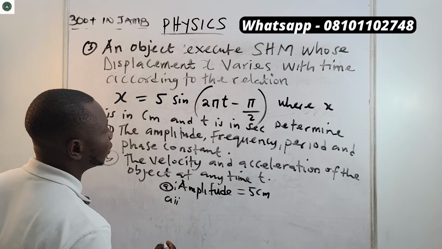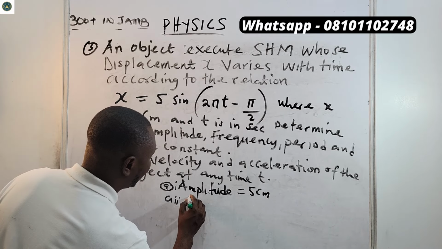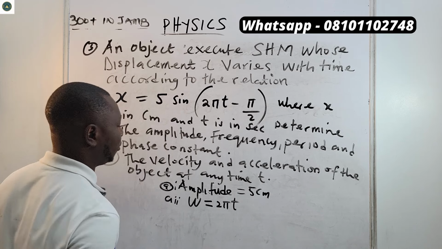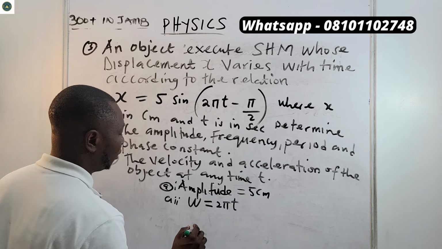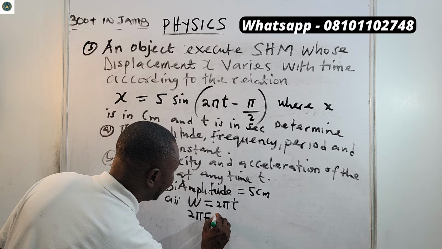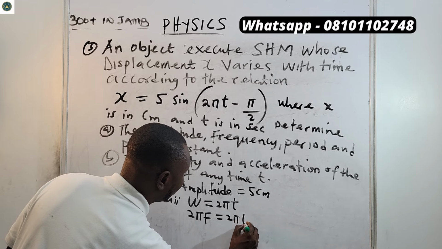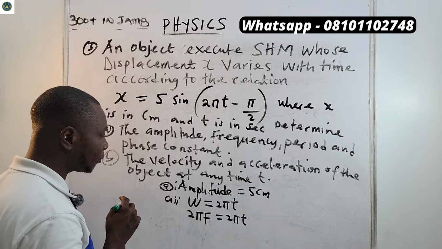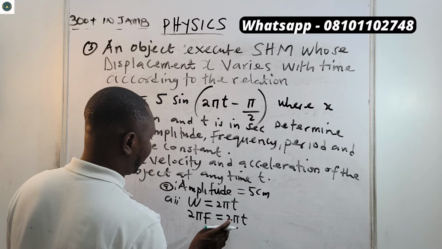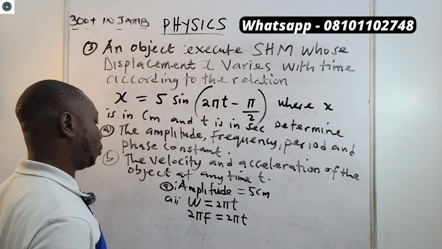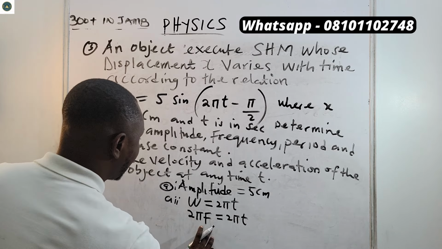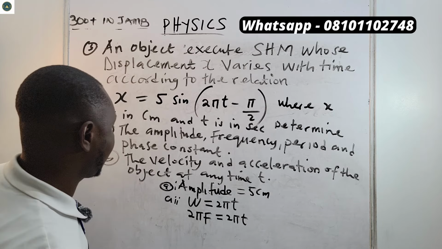How do you get frequency? We know that omega is 2 pi f, which equals 2 pi t. Now, since omega is 2 pi t and we have 2 pi f, so definitely